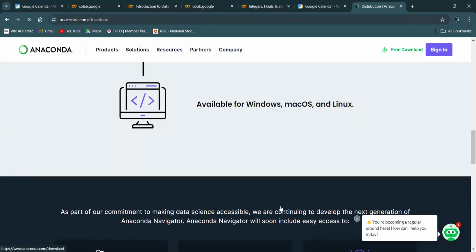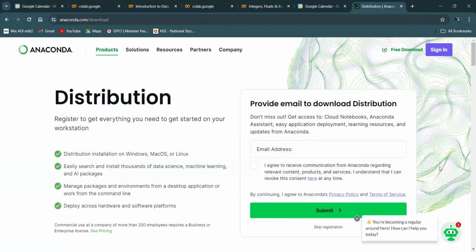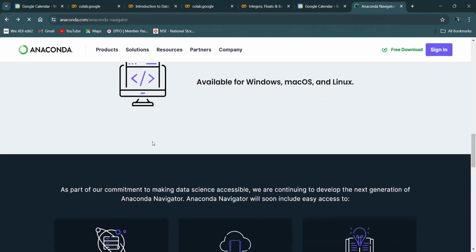Once you give your mail ID, the download link will be sent to your mail ID, and accordingly you can download it. You can directly download from that link you have received. Clear? You can explore this page.